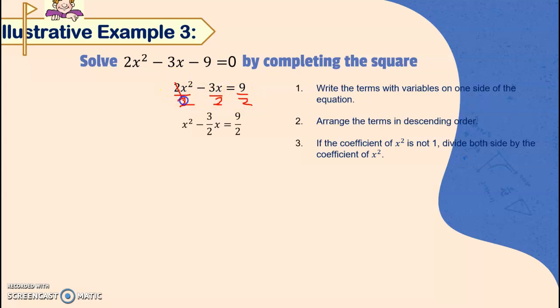So yan, maka-cancel dito. Dito, matitira is negative 3 halves x. Saka sa kabila, magiging x equal to 9. Negative 3 halves x squared minus 3 halves x equal to 9 halves. No? Then,